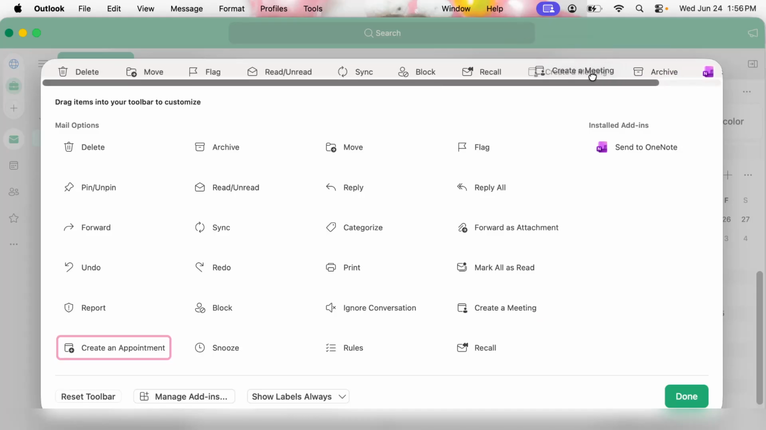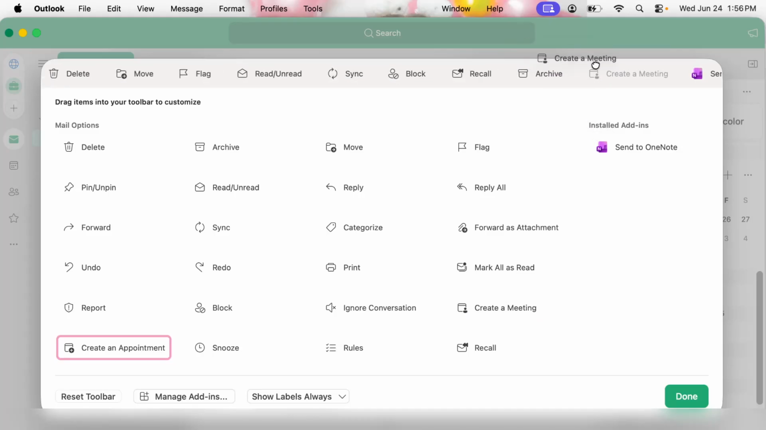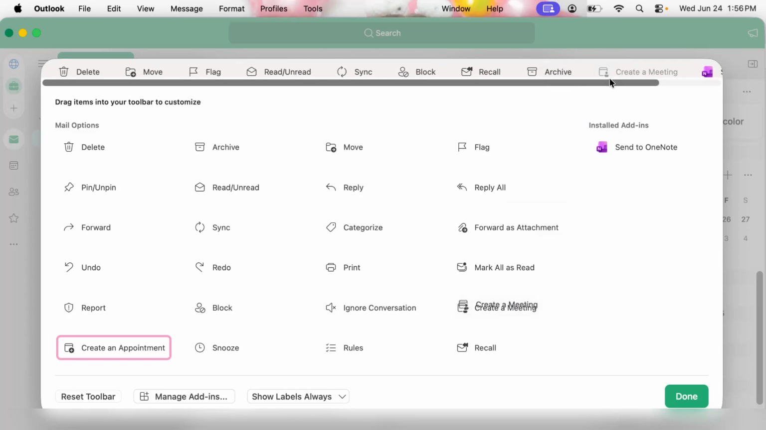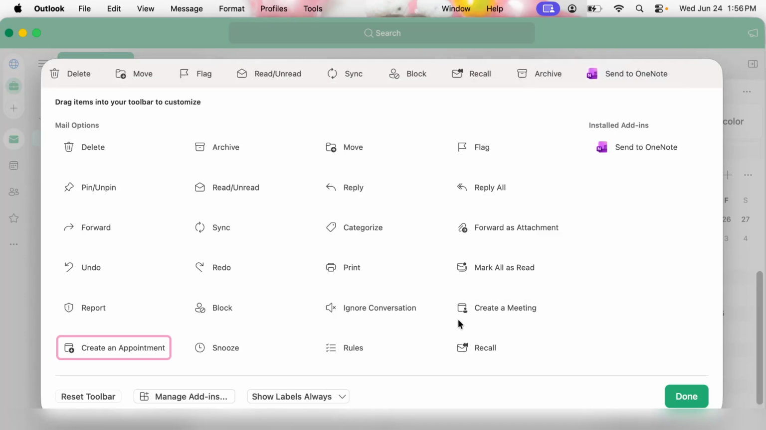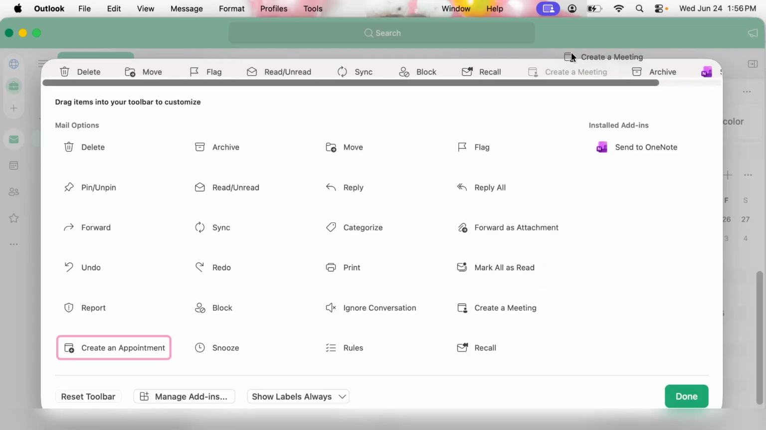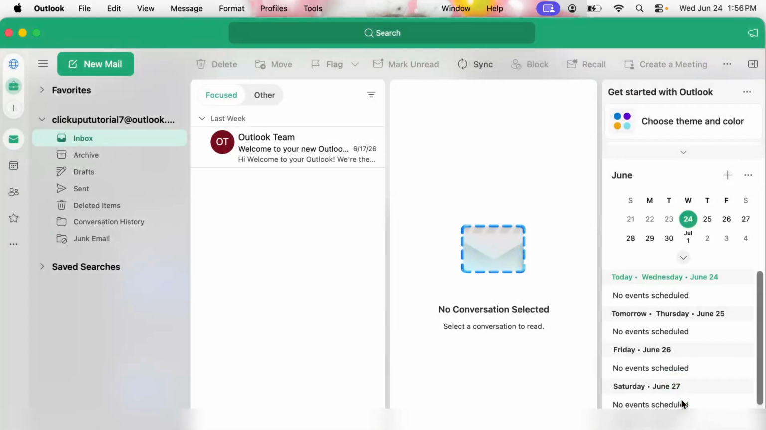As you make changes, pay attention to how the toolbar looks and whether the layout feels natural for the way you work. Try not to overload it with too many buttons, since a cleaner toolbar is often easier to use. A good approach is to keep only the commands you use regularly and leave out anything that tends to stay untouched. When you're done following the prompts and arranging the toolbar the way you like, your changes should take effect